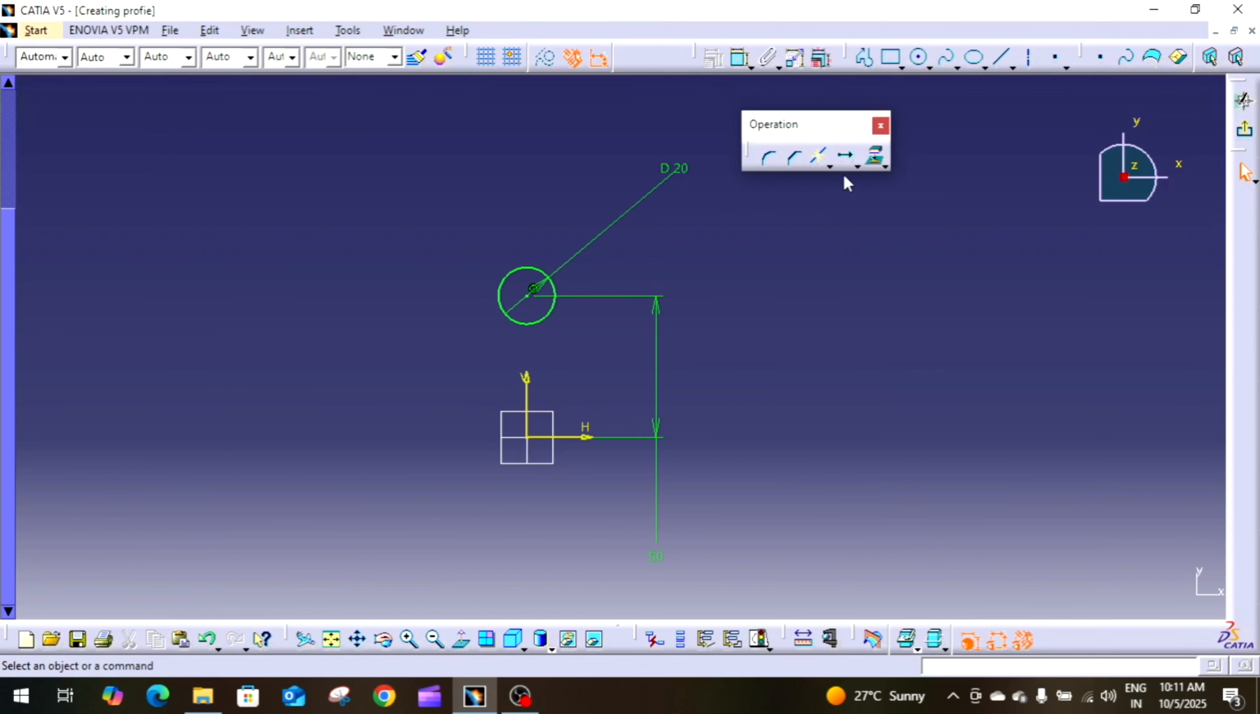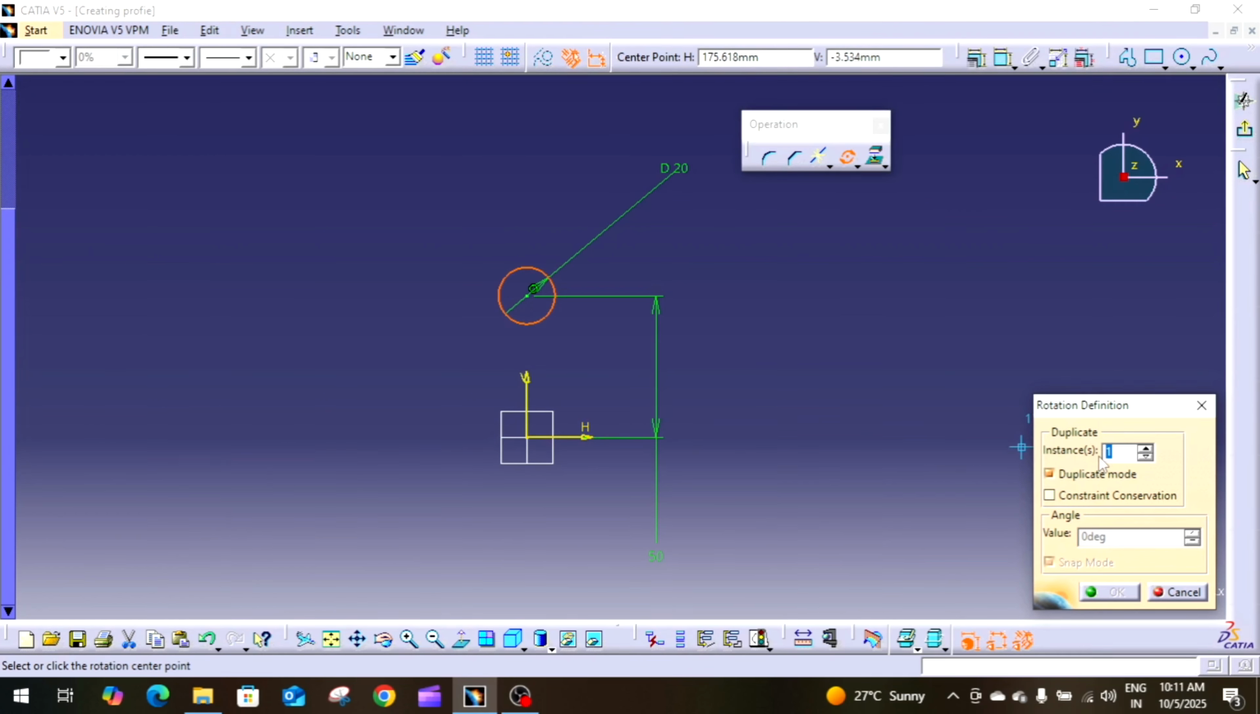So what to do? Click on the object, click on the rotate command, then how many instances do you want to create? Like I want to create 4 instances. Okay, select duplicate mode and constraint conversation. If you select this one, then your newly created entities will have the constraints available in the original one. Click on here and then click on the center point,